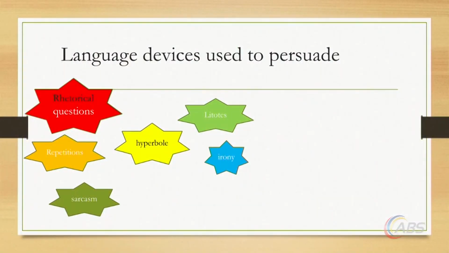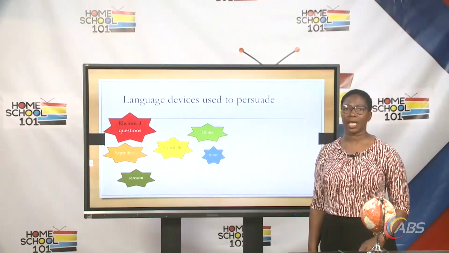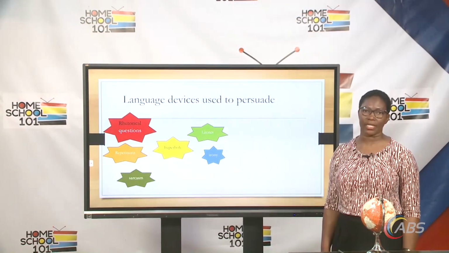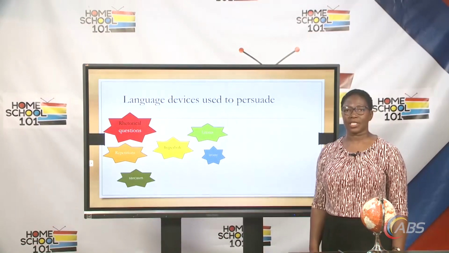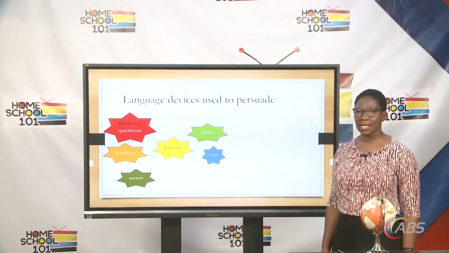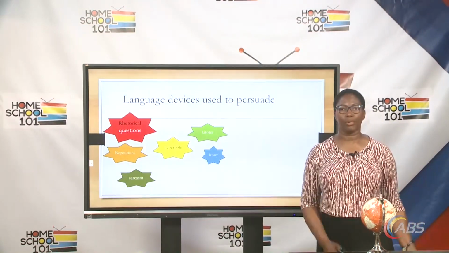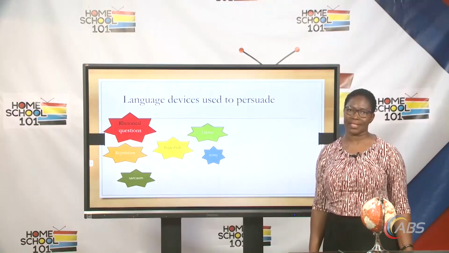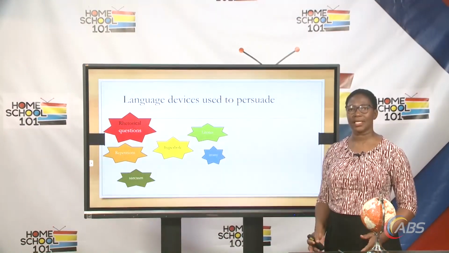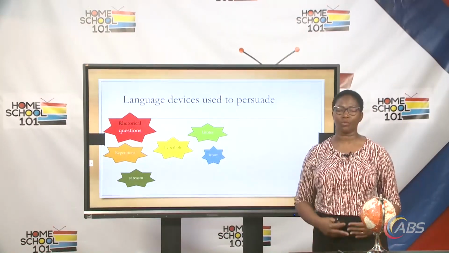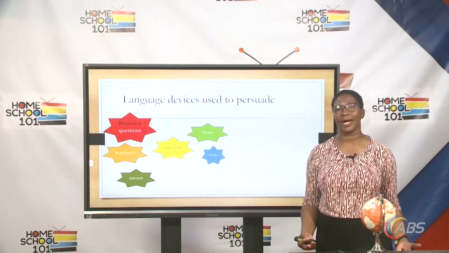Irony is very similar to sarcasm. The writer may not necessarily mean to hurt the person the statement is directed at, but he's saying the opposite of what he means. So, for instance, it may be ironic that somebody who does not eat meat has a butcher store or a meat mart. Okay, so basically the person's personal practice contradicts what they are doing or how they are earning a living, so